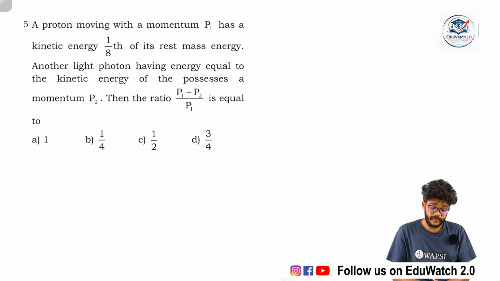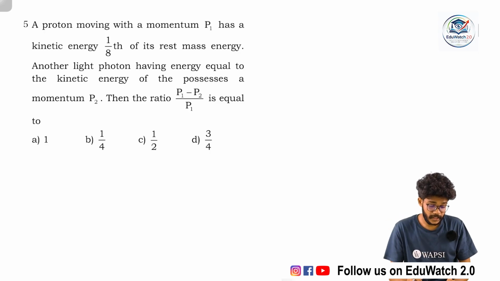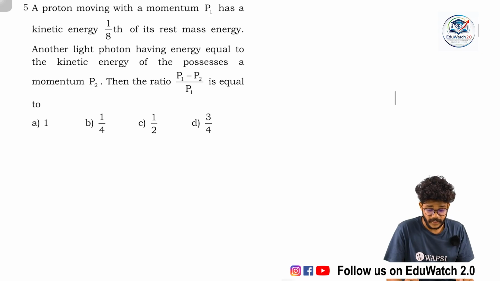Then we want to calculate (p1 minus p2) by p1. The p1 and p2 are both momentum, so (p1 minus p2) by p1 is just a number. Then we can calculate that. So first sentence is